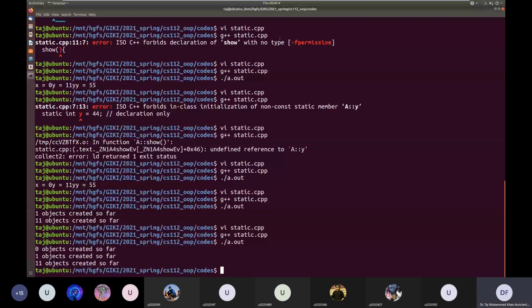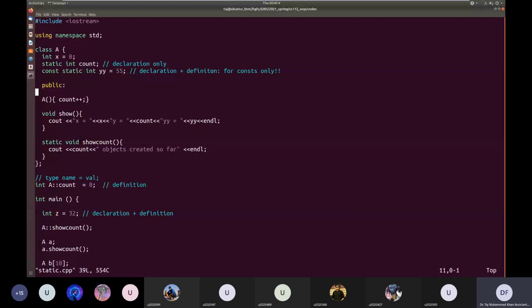Okay, for example, if I do here, what's the other function? Show. If I do A colon colon show, show is a non-static member function. We need an object to access it. I'm trying to call it this way, so let's see what the compiler says. The compiler is not happy and says cannot call member function without object. So we know what it is talking about. For member functions, we need an object.